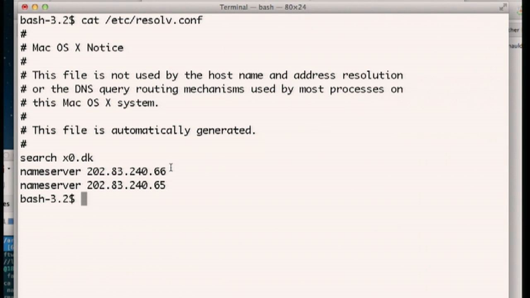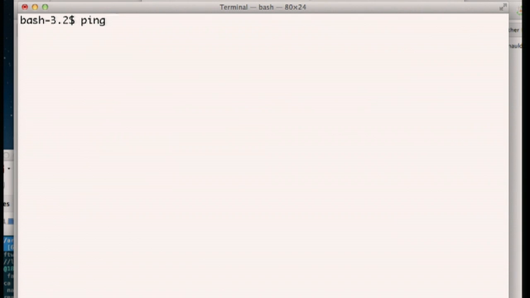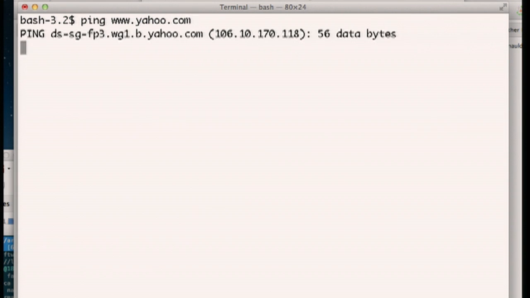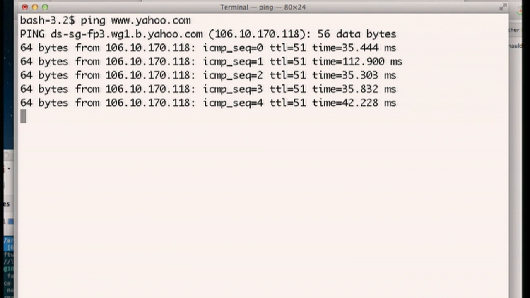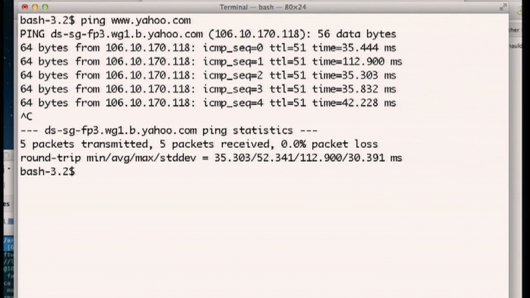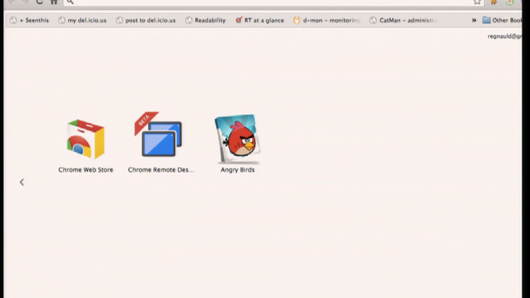Some of you may have a smartphone. You turn it on, you get a name server, a DNS, given out by the Cyberport Wi-Fi. And now I can see I'm using something called 202.83.240.66, just some random IP address. How do I know it's working? I can say ping www.yahoo.com, and I am getting an answer from yahoo.com. So far, nothing special. Now, if I go over here and I try to browse, I say, I don't know,